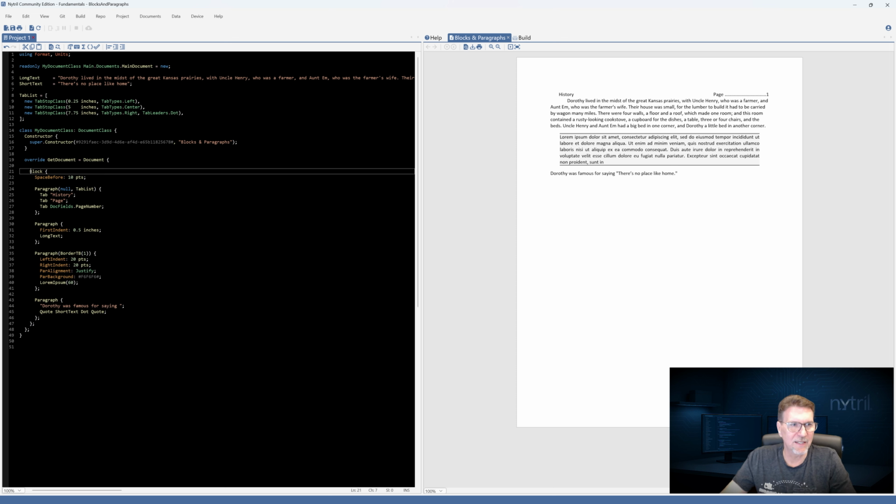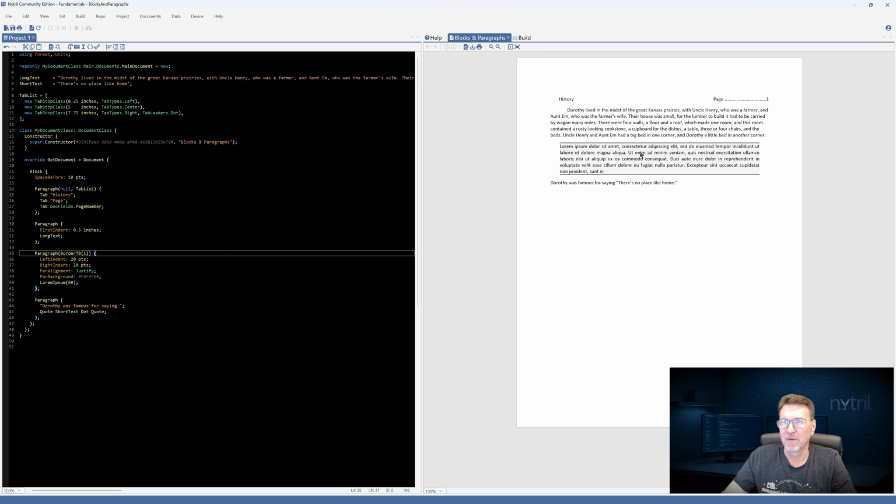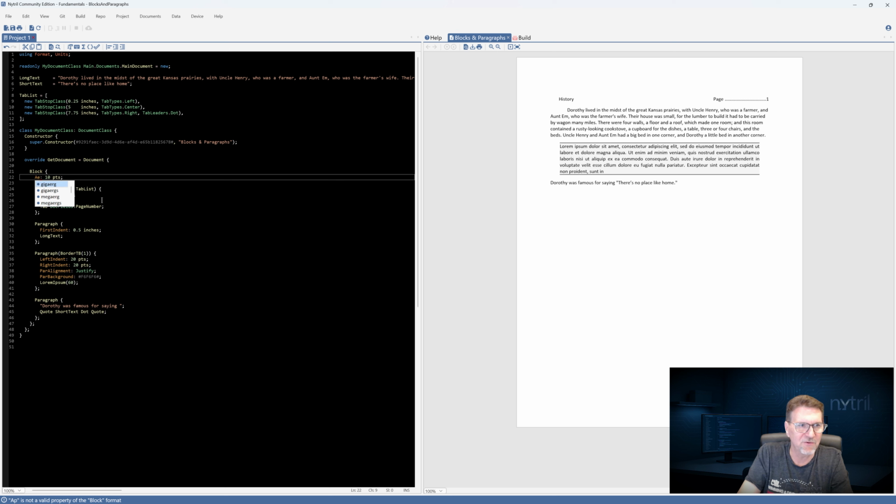So if you remember what a block does, a block goes down and for each one of its elements, it creates a paragraph, which these are already paragraphs. So it won't need to create these, but it will add this property to each one of these paragraphs. So each one of these is going to get a space before of 10 points. So let's start with that. F5, watch the content. There we go. Very nice. It spaced everything out. That looks great, except that it put a line up here at the top. So rather than do that, let's use a property called a separator.